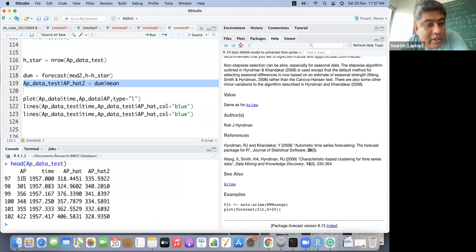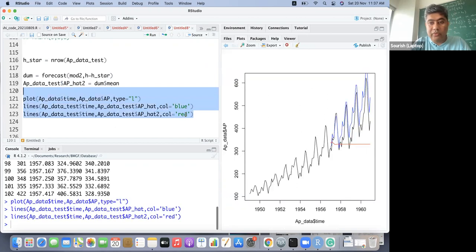Now we have the original data in the test data set. This is the time, this is the forecast from the first model, and this is the forecast from the second model, the AutoArima model. Let us plot this. We would like to give a different color. So blue is the first model, and red is the second model.